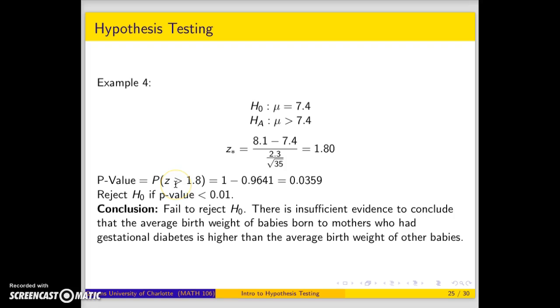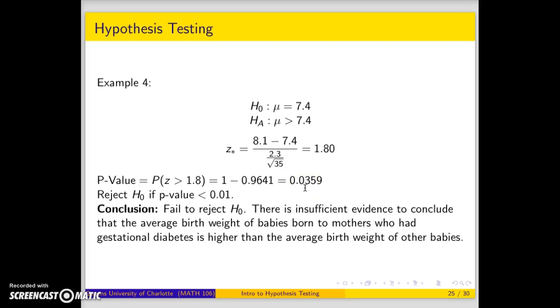So we get the sign for calculating the probability equal to the alternative hypothesis sign. So looking up 1.8 on the z-table, the probability is 0.9641, but we want above it, so we do 1 minus 0.9641,